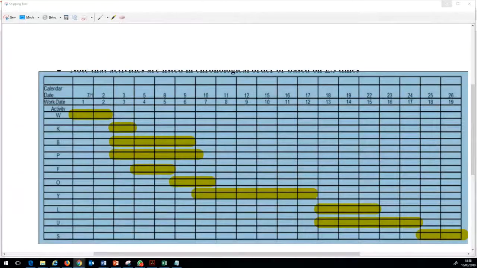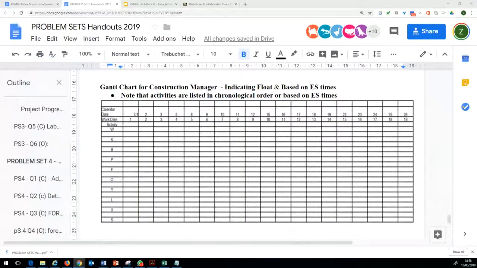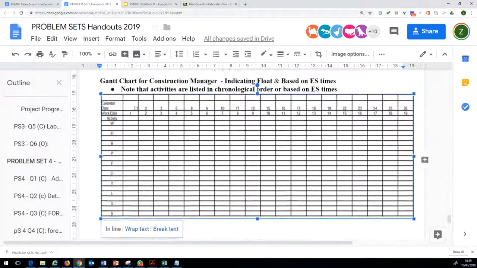So the third bit asks you to, yeah, so this is the chart which should be shared with the construction management team. Yes, sorry for misspelling. It should be the construction manager. For the subcontractors, you will be presenting an earlier version where you have not got any float linked to it. Now comes the third part, where you were asked to do